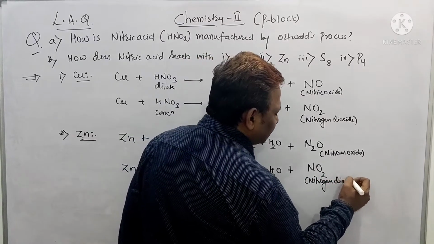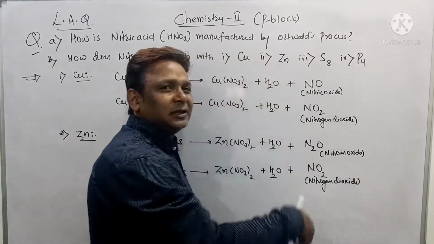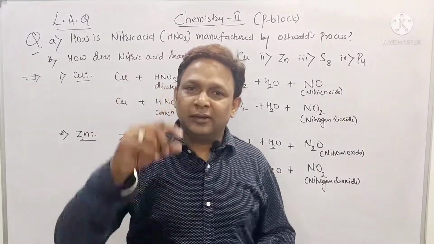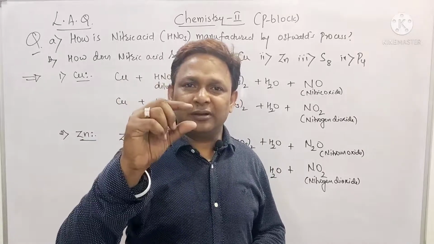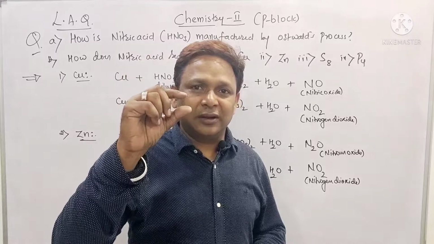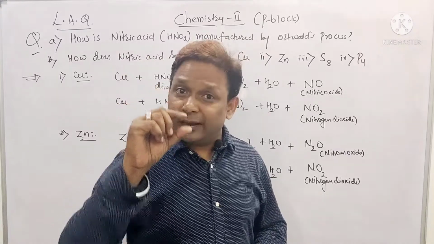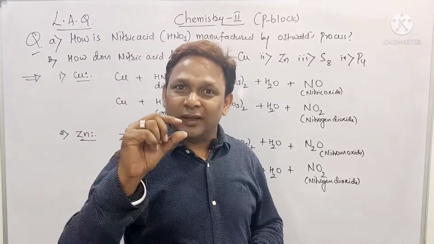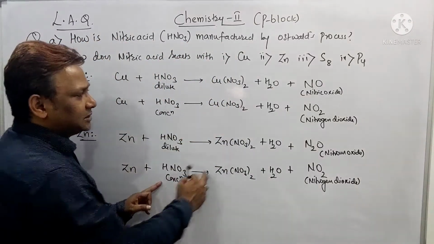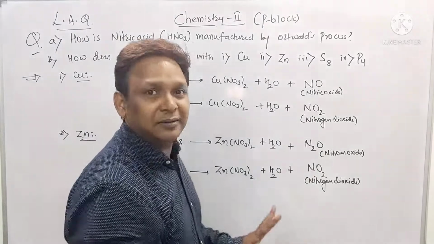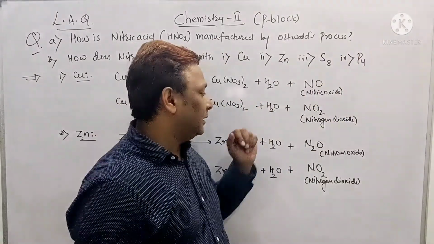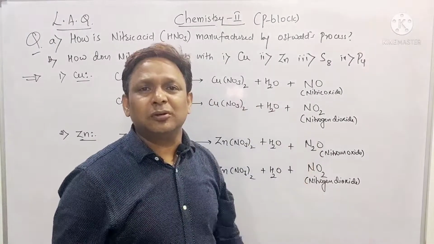But most of the students get confused about NO, NO2 and so on, so I will tell you the order. For copper, dilute and concentrated: dilute gives NO, concentrated gives NO2. For zinc, dilute gives N2O, and zinc concentrated, meaning all the concentrated nitric acid, gives rise to NO2 gas, common. But with dilute, if it is copper it gives rise to NO, and if it is zinc, beta, it gives rise to N2O.